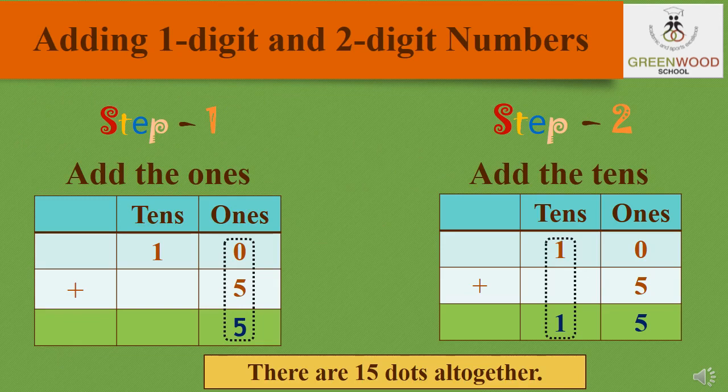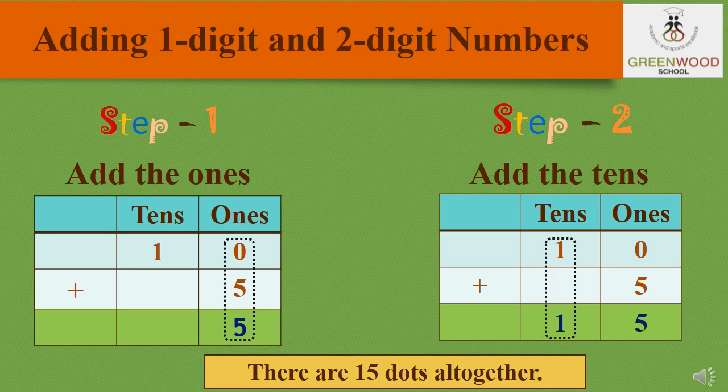Previously we saw the examples of only one digit numbers. Now we have a 2-digit and a 1-digit number. So let's see how to add them. 10 is a 2-digit number, so it is divided in two parts, tens and ones, while 5 is just a single digit number, so it will come in ones. Now the addition rule is that it always starts from back, that is from ones place.